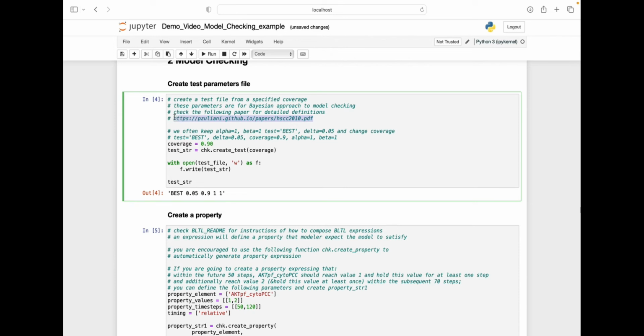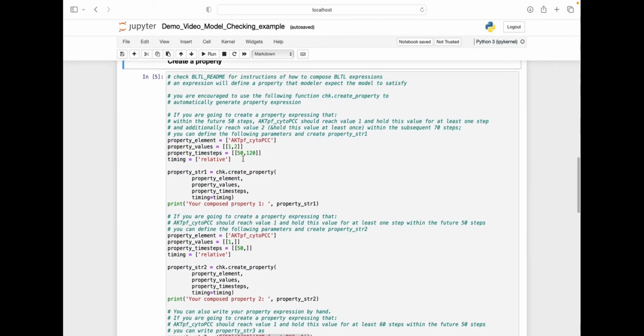By default, we select testing mode to be best mode, delta to be 0.05, coverage to be 0.9, alpha and beta to be 1. Then it's ready for us to create a property against which we test the model.